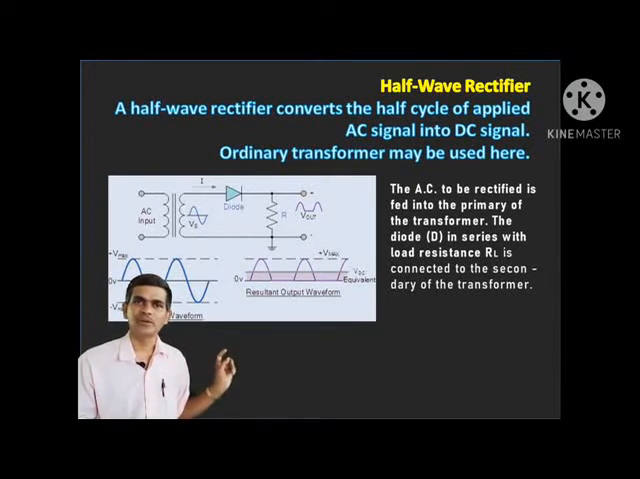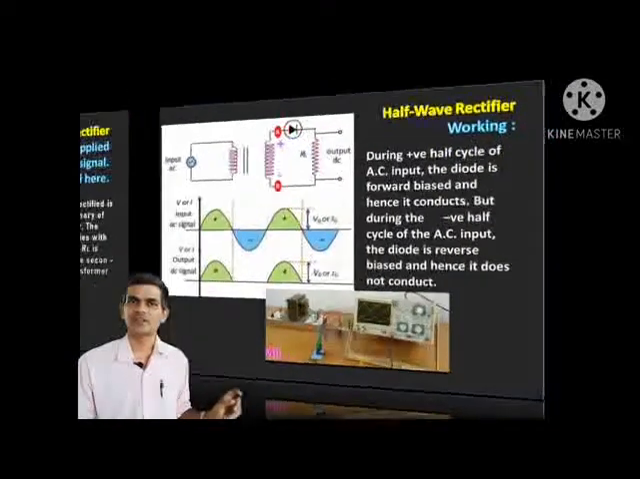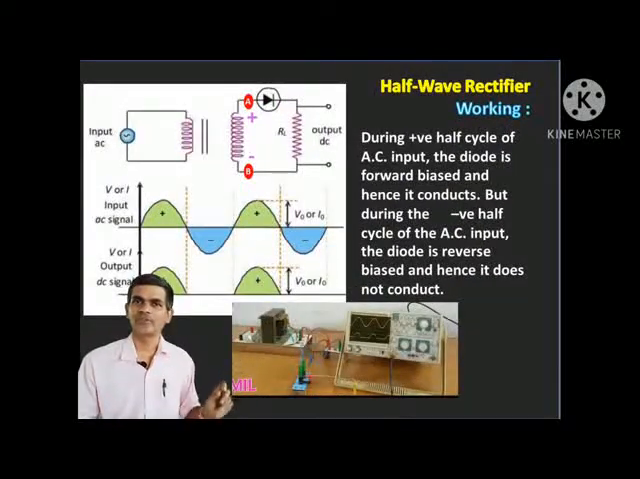An AC input is given, the AC which has to be rectified, meaning we have to convert it into DC, is applied to the primary of the transformer, and a diode in series with the load resistance is connected to the secondary of the transformer. As the alternating current is applied, it has both positive and negative half cycles. During the positive half cycle,